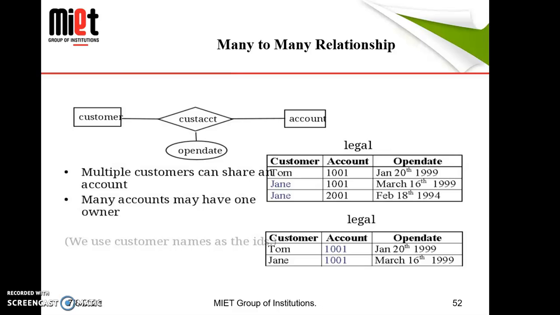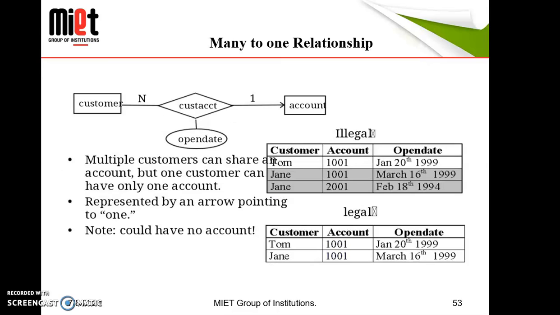Number one is many-to-many. What is mapping? Mapping cardinality ratio expresses the number of entities to which another entity can be associated via a relationship set. We shall concentrate on binary relationship sets only. A many-to-many relationship describes entities that may have many relationships among each other. For example, one customer may have many items and one item may be bought by many customers. And a student may be taught by many teachers and a teacher teaches many students. This is called the many-to-many relationship.